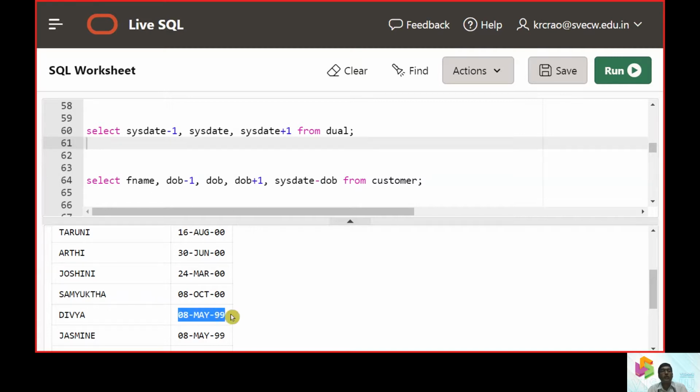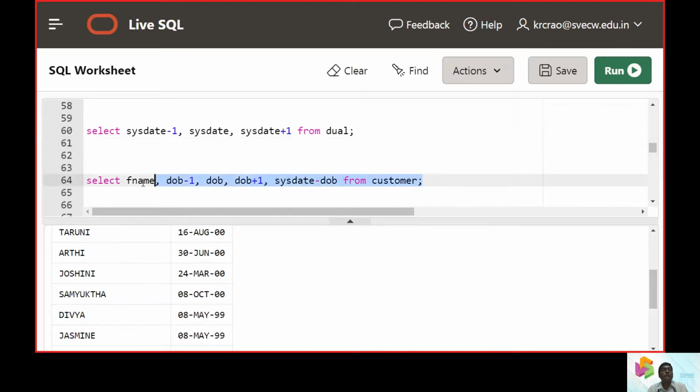Similarly, it is 8 May 99. Now I just want one day ahead, and then we can get this as 9 May 1999. And here is an interesting part. We got 4th May 2000, 2021 and 2021, and now we need to subtract the date of birth to understand how many days there are between her date of birth and the present day.